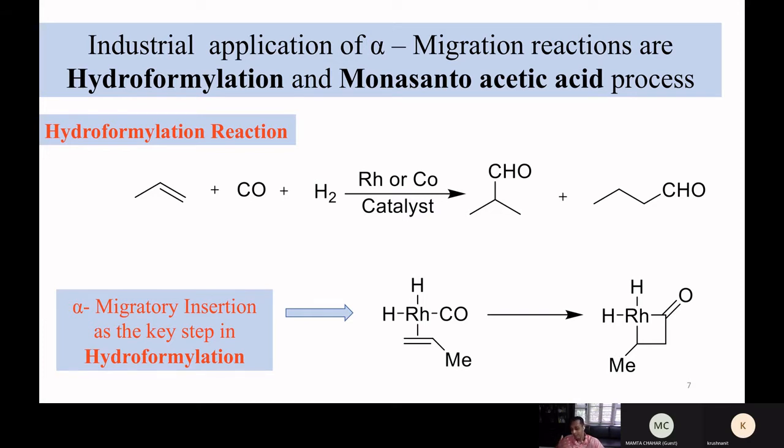You can see these as building blocks. Of course, CO, hydrogen and olefin were building blocks, but from these simple building blocks, a little more complex building blocks were prepared, like this aldehyde, CH3CH2CH2CHO. This is a butyraldehyde. This butyraldehyde would be an excellent transformation from these three simple gases. So we have encountered alpha migratory insertion and reductive elimination in the process to convert it into